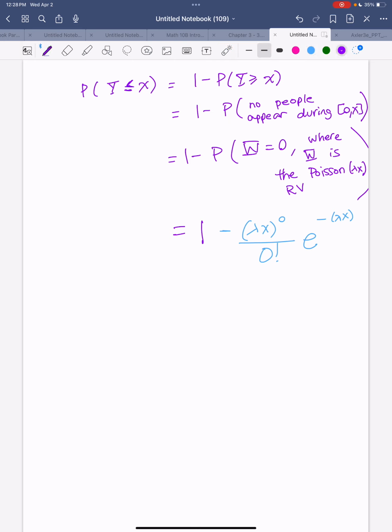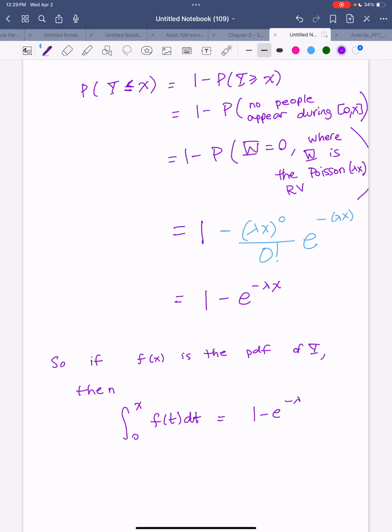So let's go ahead and compute this. This is going to be 1 minus e to the negative lambda x. This is our cumulative distribution function. And now recall the probability density function, right? So if f of x is the probability density function, the PDF of Y, then what we have is that the integral from 0 to x of f of t dt is 1 minus e to the minus lambda x,